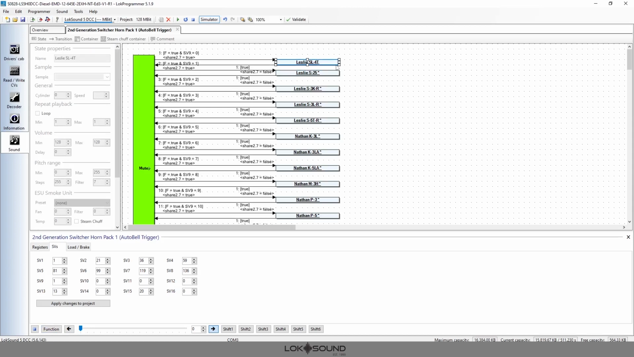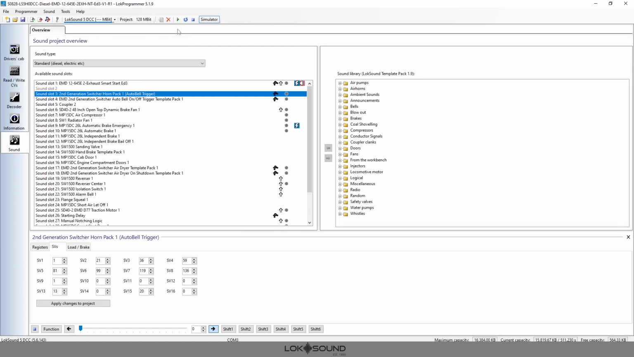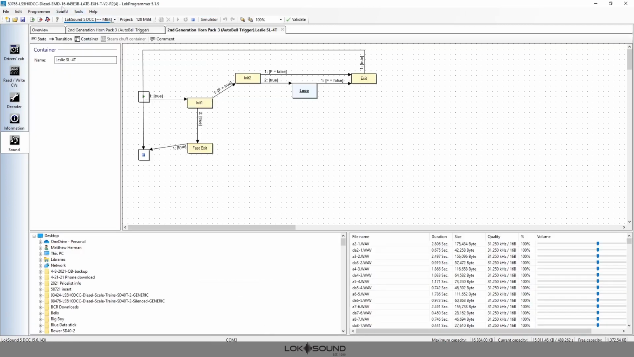So there's one more method, and this is getting more in-depth into how you create a sound file. I was going to explain the auto bell trigger, but that's a whole video in and of itself, so we'll explain that at another time. So the next way to do this, I'm going to go with a different horn this time. Let's go back to my